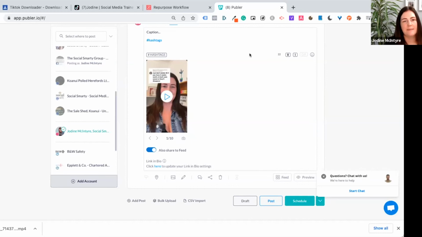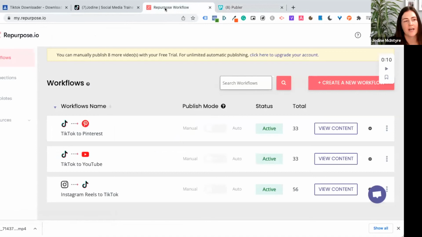Takes a little bit of time, but there is another tool which I really love. It's called Repurpose.io. Now, Repurpose is paid. So it's about $15 a month. If you are deciding to really knuckle down on TikTok and you really want to give it a good go, and you really want to increase your online presence and reach as many people as possible, that could be worthwhile. There is a free trial, so I'm just on the free trial at the moment,